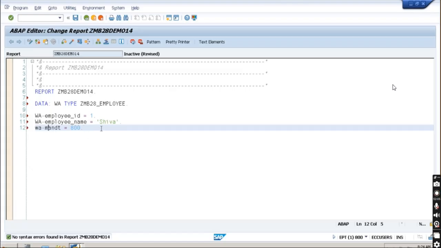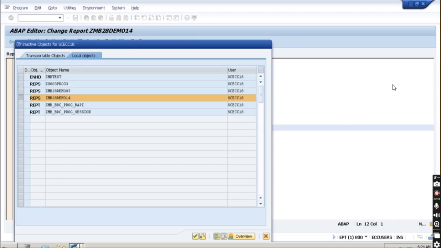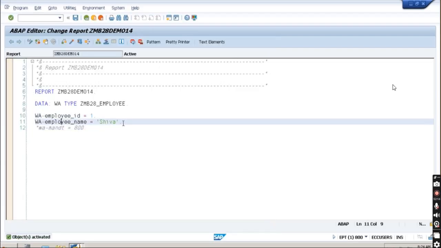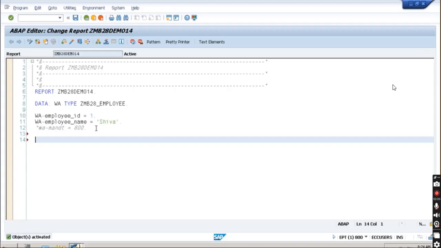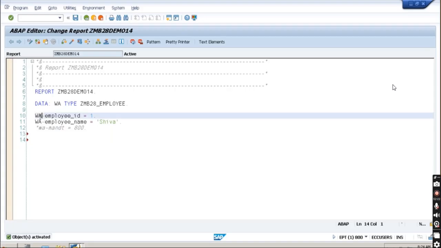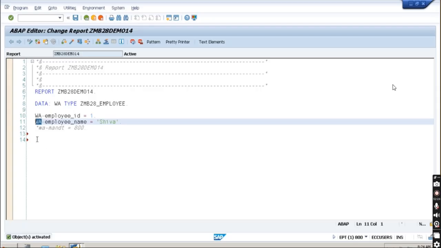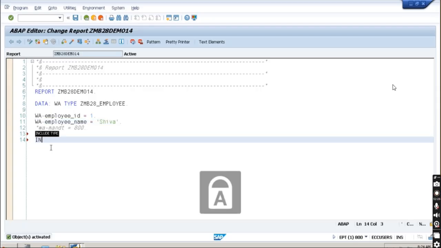Okay, so activate this one. Only the other fields; the MANDT field you don't have to take care of. The system will automatically insert this MANDT field 800. Now I want to insert this record. My work area is ready now. I want to insert this record, so I'm just going to insert WA into the database